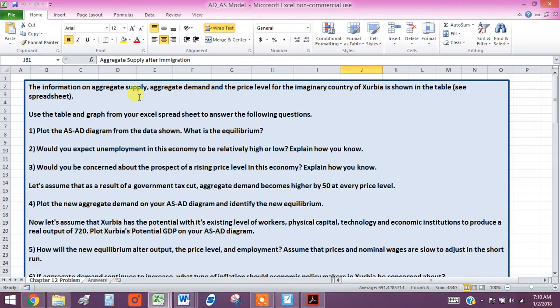The first thing it says is that we are looking at the aggregate supply and the aggregate demand and the price level for the imaginary country Exerbia. This is shown in the table on your spreadsheet, and we want to use the table and graph to answer these questions. So the first one is we want to plot